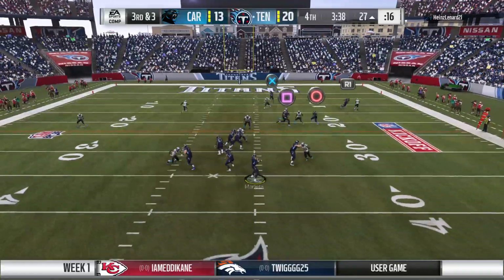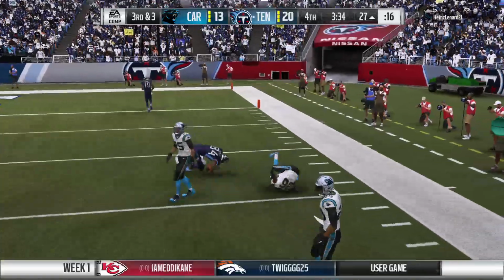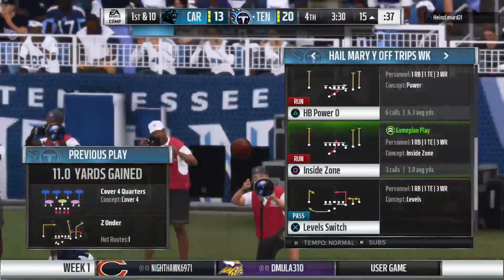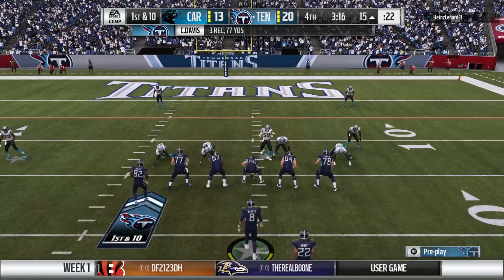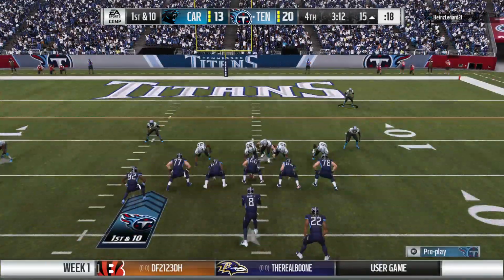Mariota now. And he's got a man, Corey Davis, and taking it to the 15-yard line before he's brought down. That'll put him at 77 yards receiving for the ball game. It's a 1st down. Just week 1, but already plenty of intrigue with the games going on, and this one